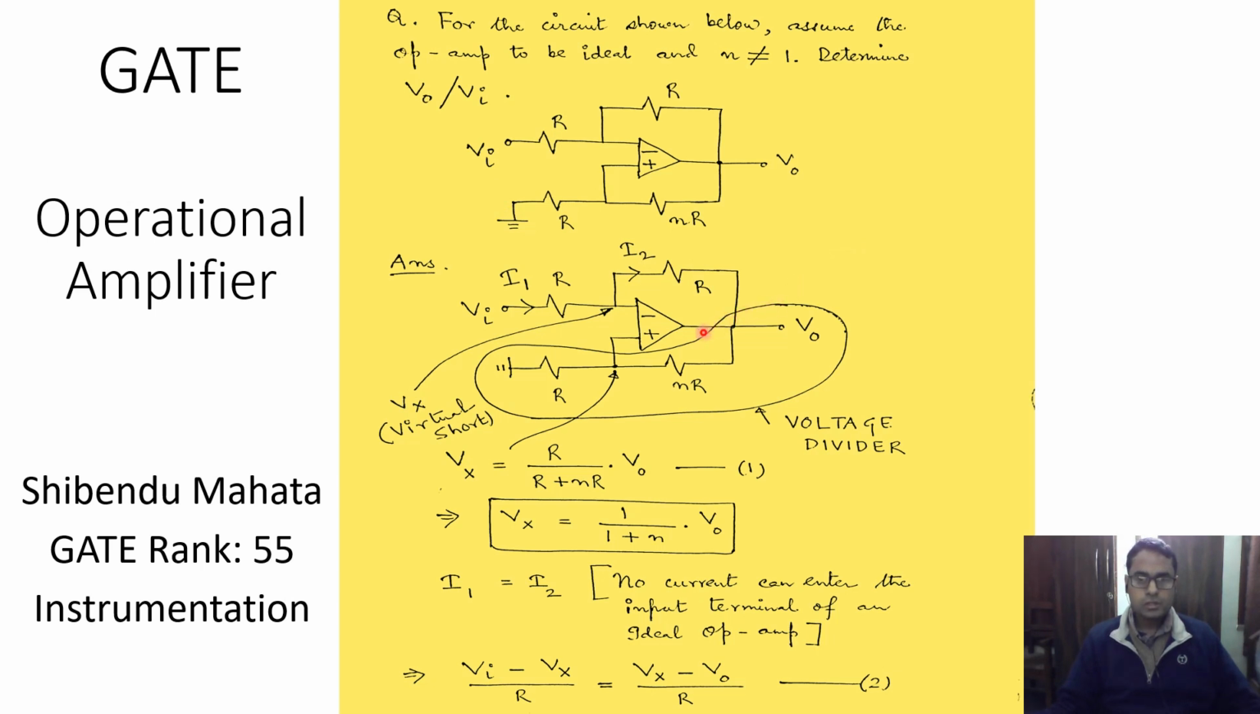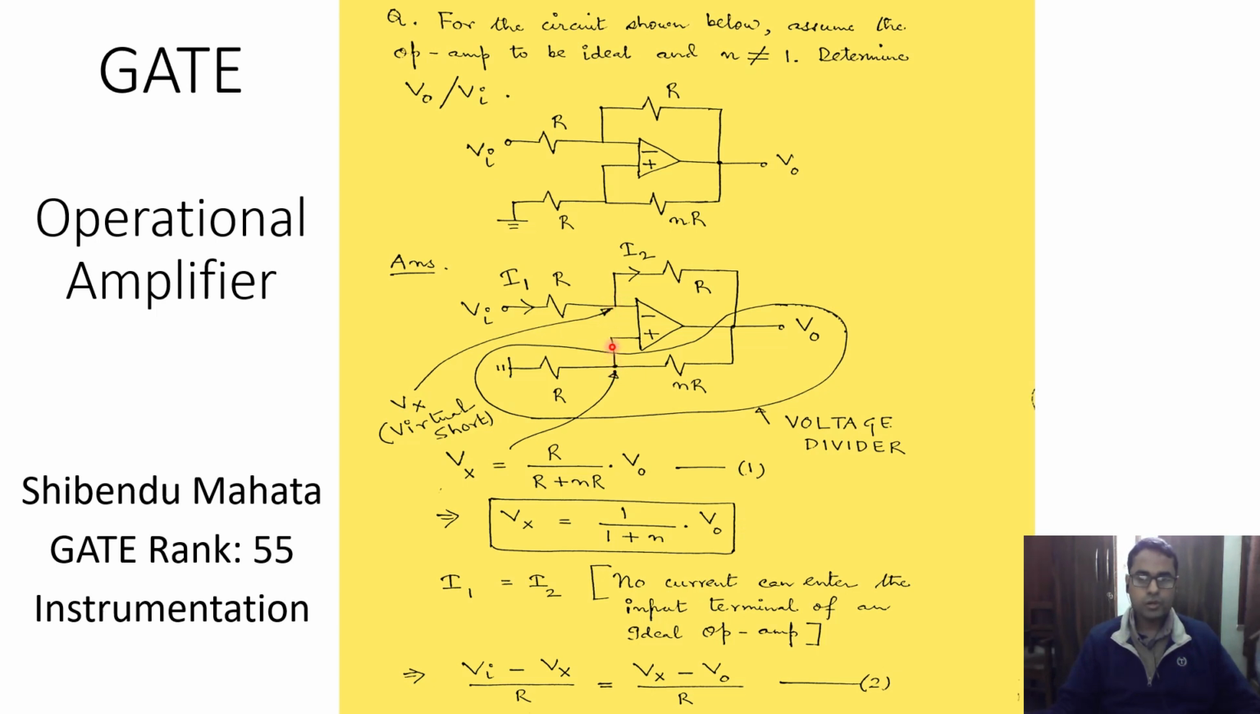First thing is, this is our voltage divider, and therefore the voltage at this node is given by this resistance divided by the summation of both the resistances R and NR, multiplied by V0. This becomes R divided by R plus NR multiplied by V0, and cancelling out these R's leads to Vx being equal to 1 by 1 plus N times V0. So this is the voltage at this node, and Vx over here will be the same